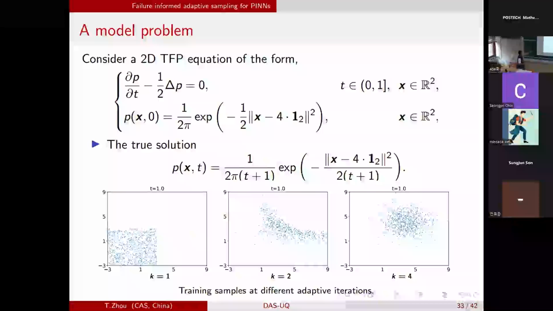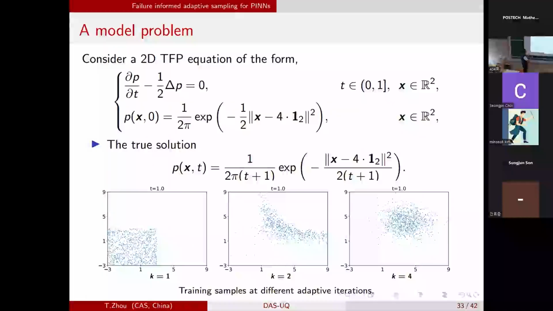This is the Fokker-Planck equation in the whole domain. So you don't know where the solution is in the beginning, but anyway, you have to choose the training points. I don't have any choice. I don't know where the solution is. Actually, the solution is around the four points around here. But in the beginning, this is a whole domain computation. I don't know where the solution is. I just generate some training points here, covering a few regions of the exact solution.